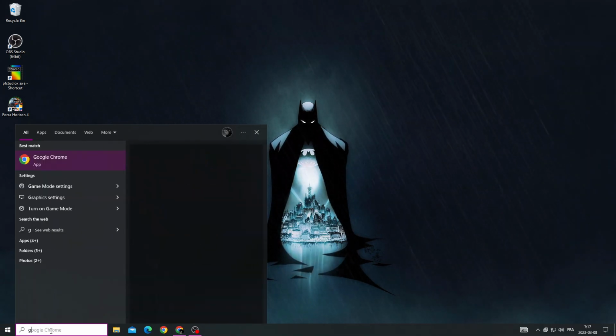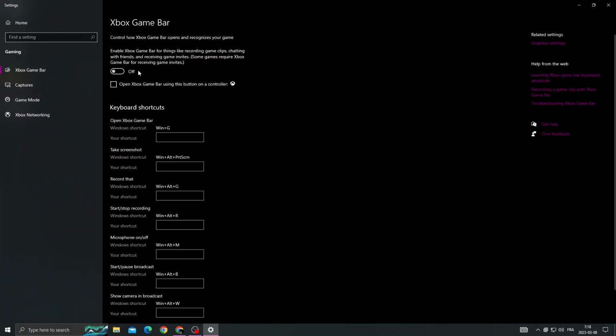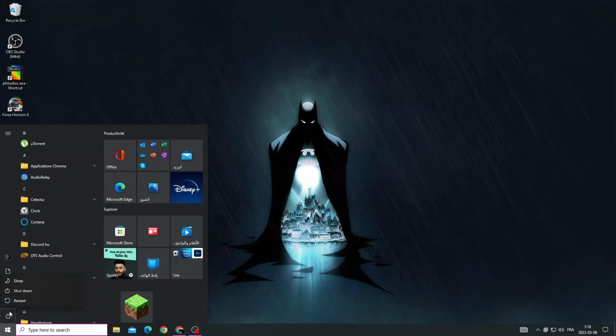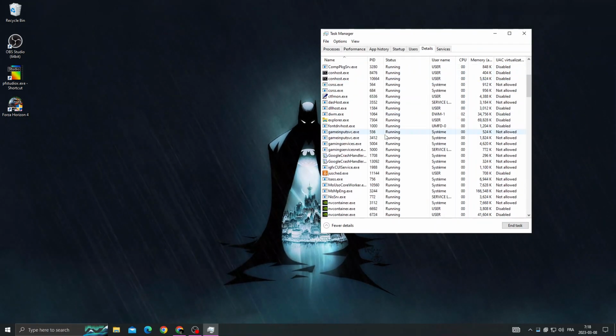Now type here game mode settings, enable this option, go to Xbox game bar, turn it off, and now the last thing you need to do, restart your PC, and after starting your PC, open Task Manager, go to details, scroll down until you find